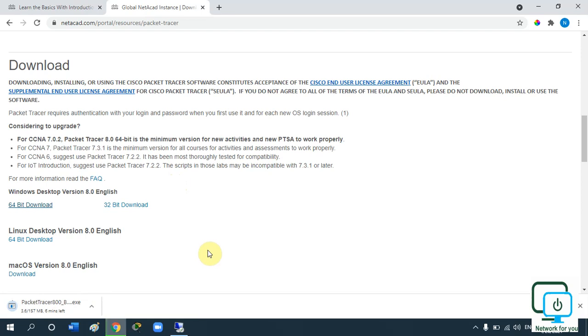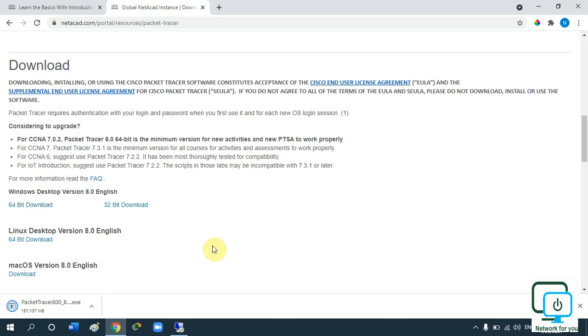If you are facing any issue, no problem, write in the comments. We are going to show you how we can do this again. I hope it is easy. No need to worry, it is very simple, you can do it easily. So it will download. After that we need to install that one.